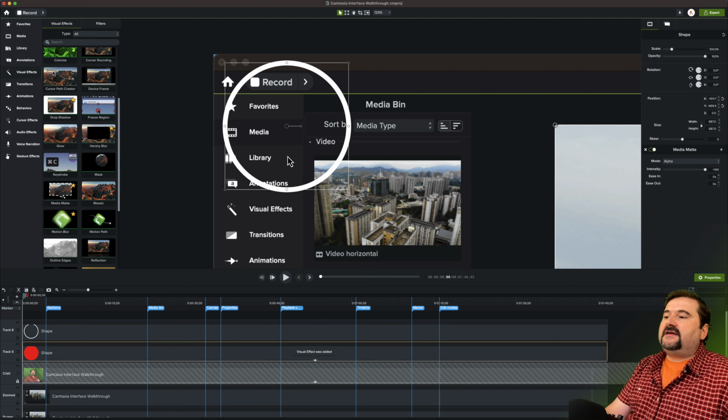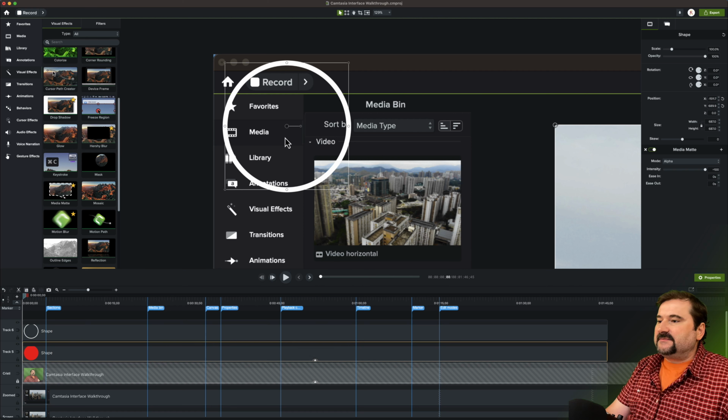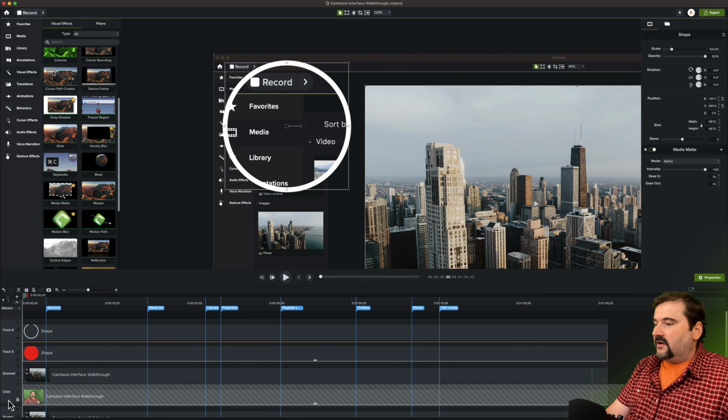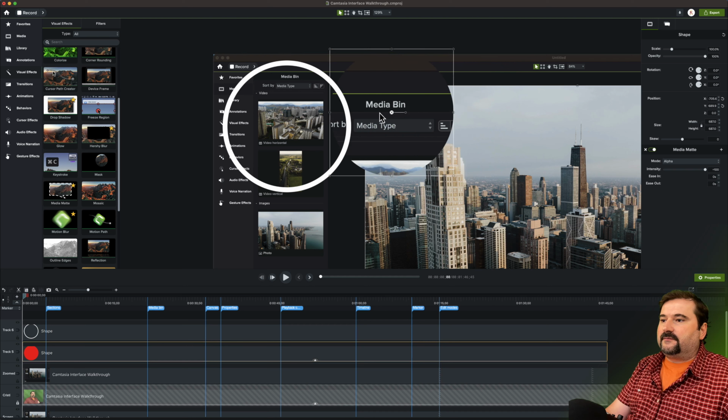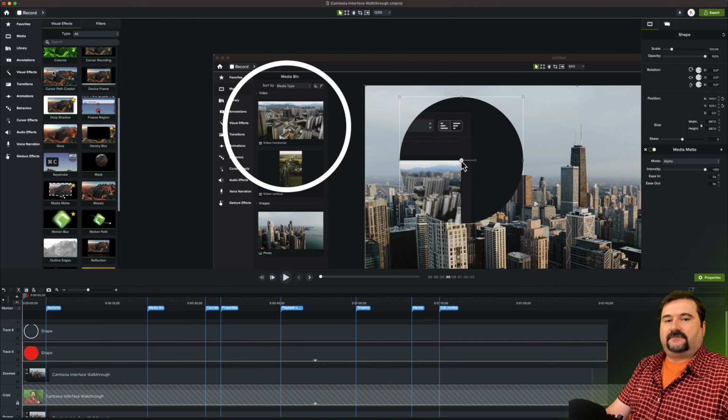Okay, so nothing happened here except for the fact that the red circle has become a mask, just like the other one. Look, if I move it around, it's masking the clip right underneath. The reason it's not masking it yet is because my video track is in the way. So I'm going to move my video track one level down and watch this. If I now move this red circle, it is right above the scaled up video.